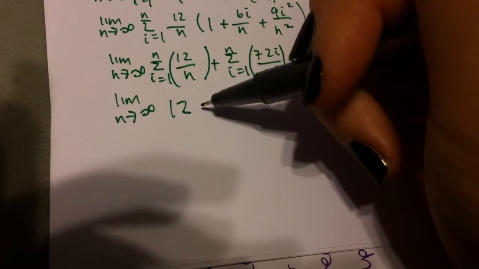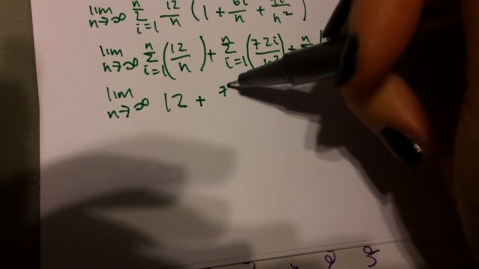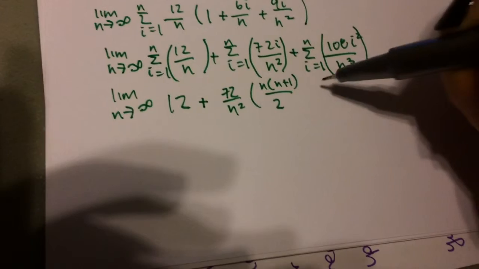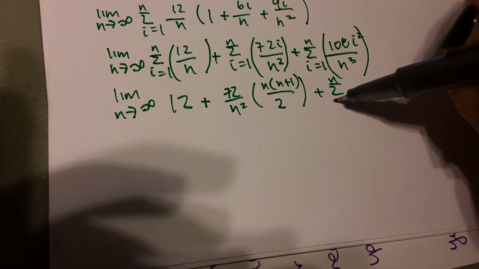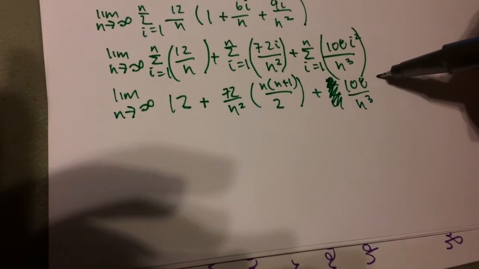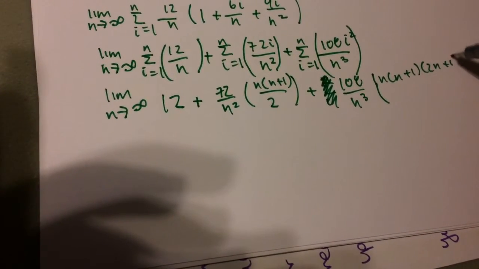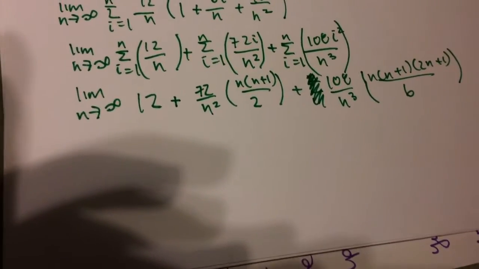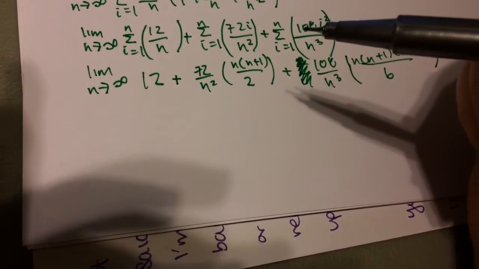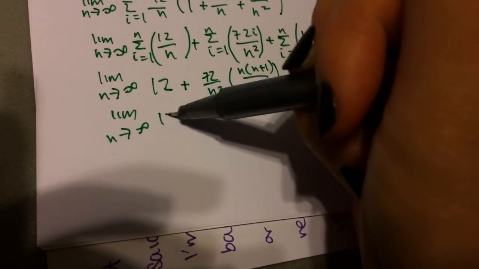So plus 72 over n squared of n times n plus 1 times 2n plus 1 over 6. Okay, now if you just like cross out a couple of things and you find the specific values like so,